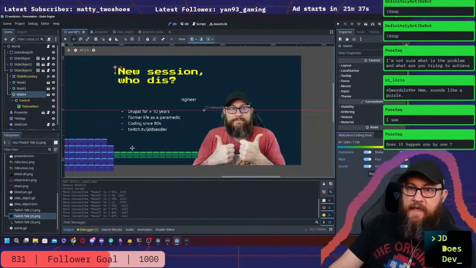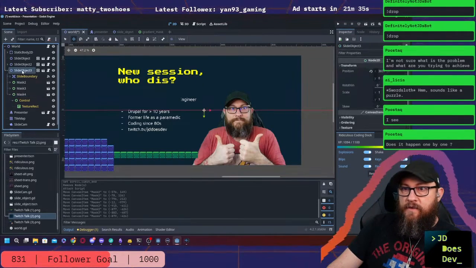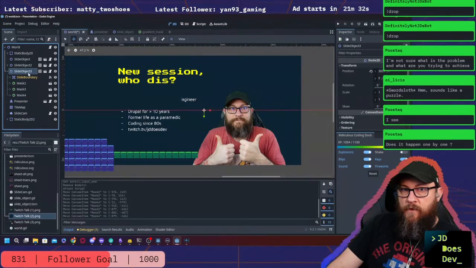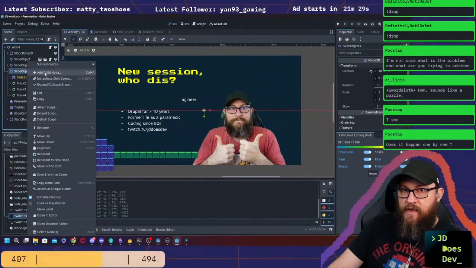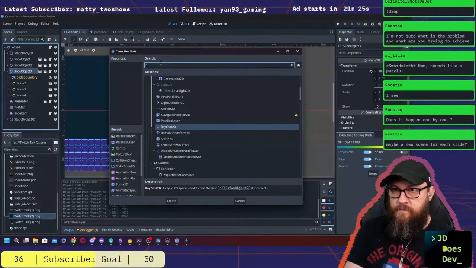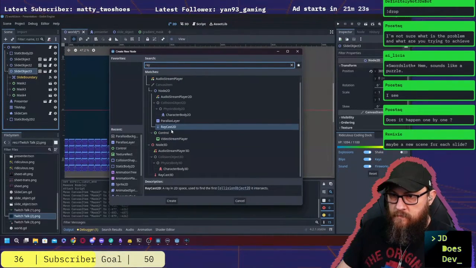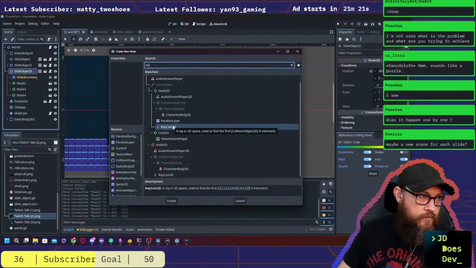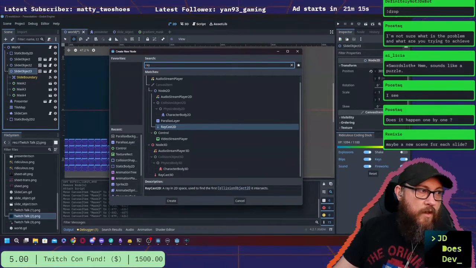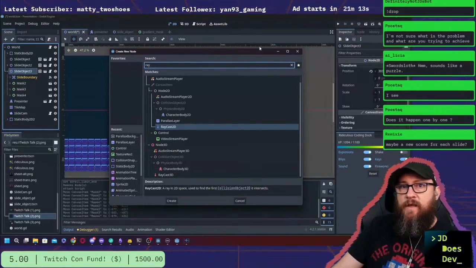So what I'm thinking about doing is on the slide object here, for each one that I have, something like this, add a child node of... remixing. I do have an, oh,